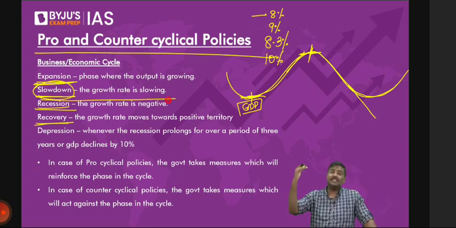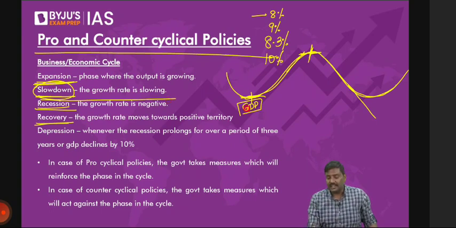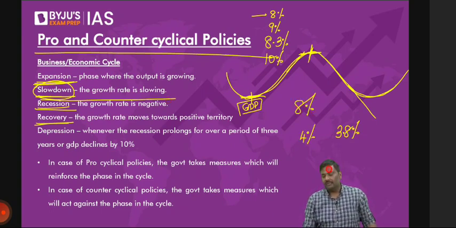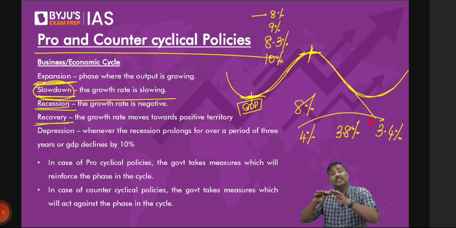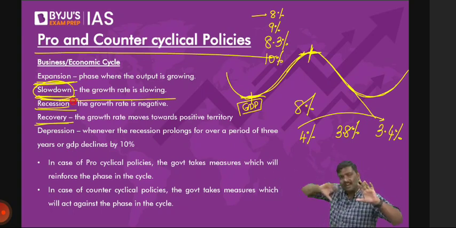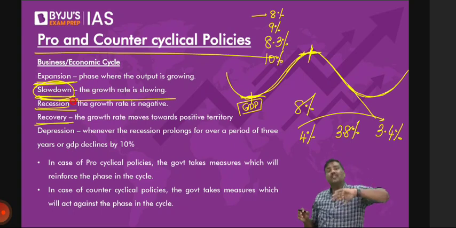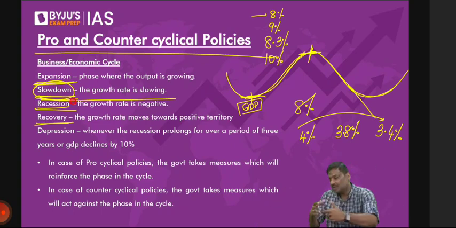Understand the term here. Meaning what? Rather than achieving, let's say, 8% growth rate, we could achieve 4%. We could achieve 3.8%. We could achieve in the next year 3.4%. What has happened to the GDP growth rate? You tell me. The GDP growth rate is actually slowing down. That is called a slowdown. So whenever GDP grows at a very good pace, with a rising growth rate, that is expansion. But the other side of it is the growth rate will start becoming slower and slower. The expansion will slow down. That is called a slowdown.